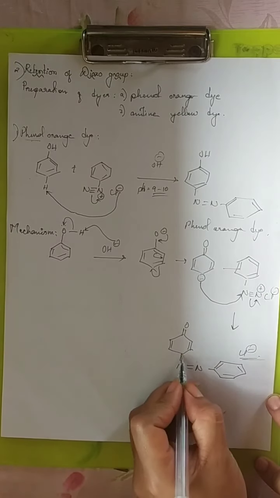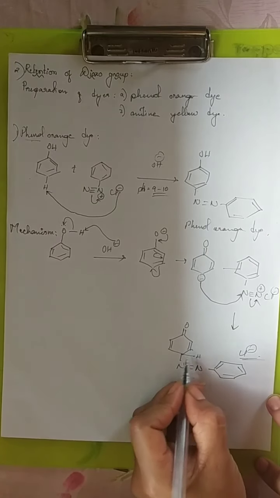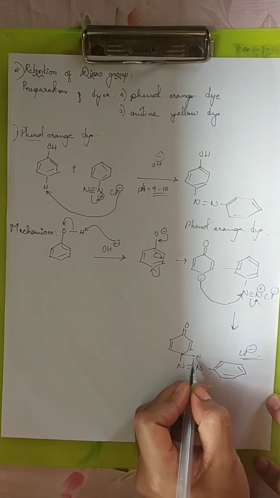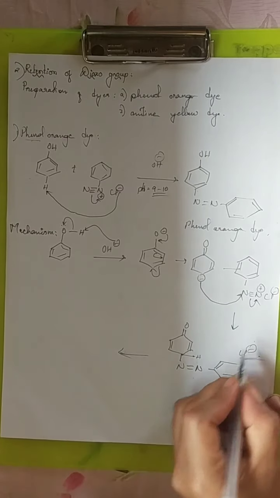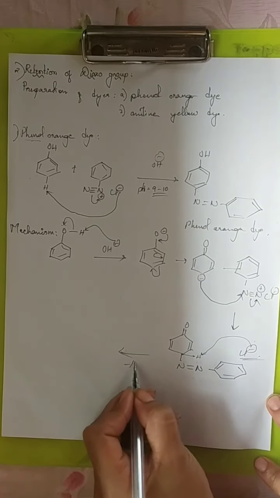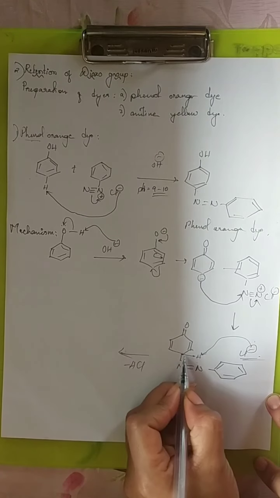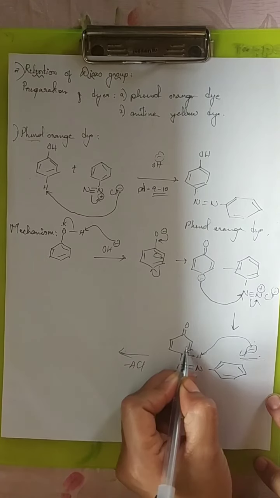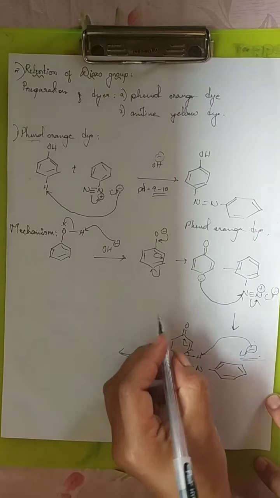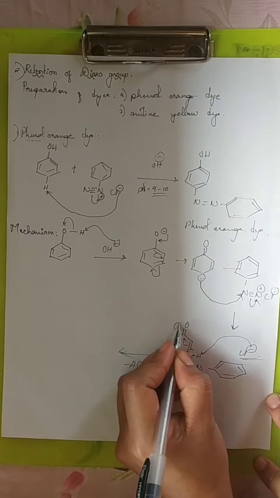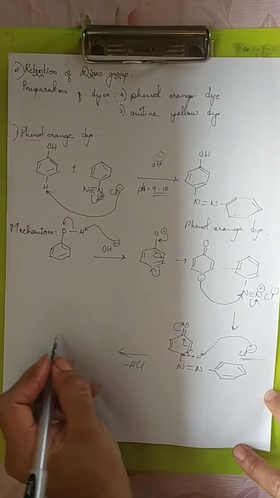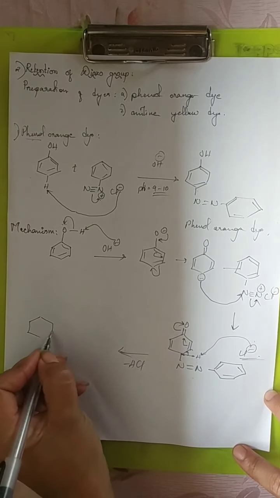Now we know that there is hydrogen here. Now the 2 bonding pairs, the Cl minus comes and takes this hydrogen. Therefore there is the removal of minus HCl along with the 2 bonding pair. This goes here. Now this bond comes and moves up here, and then this O bond breaks up and goes to the oxygen atom. Therefore we will be getting here